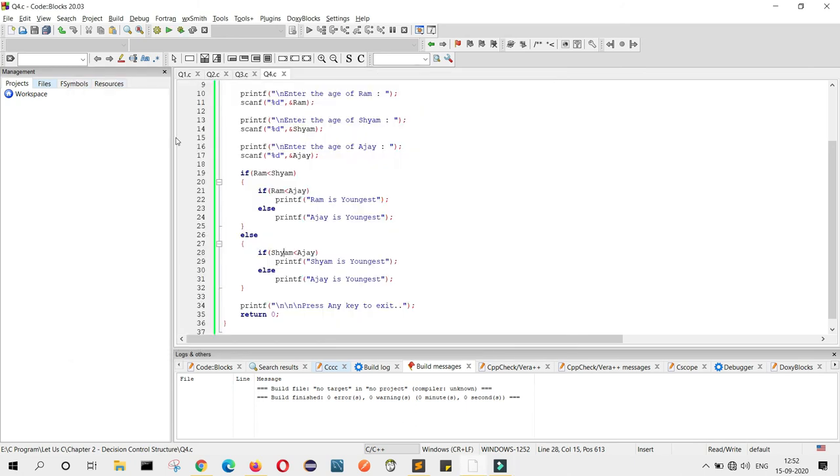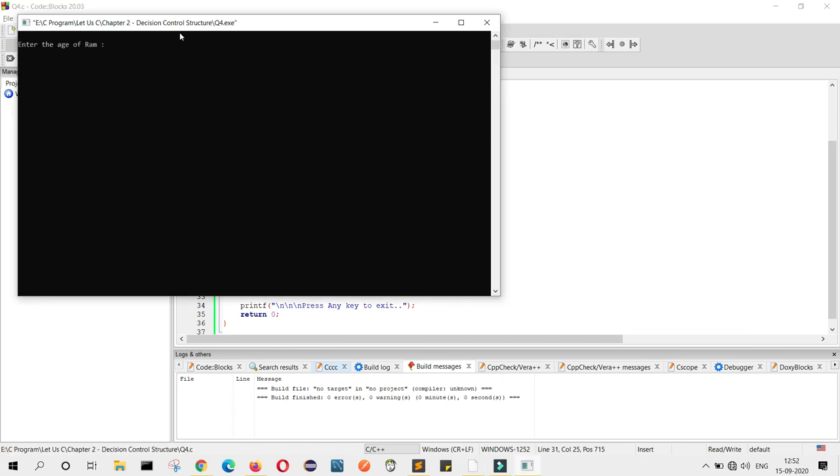Now let me run it again. Let me write a new line here so that we can see the result in a proper way. Now let me run it again. Ram is 25, Shyam is 30, and Ajay is 35.